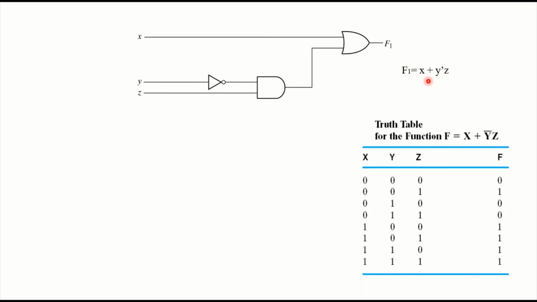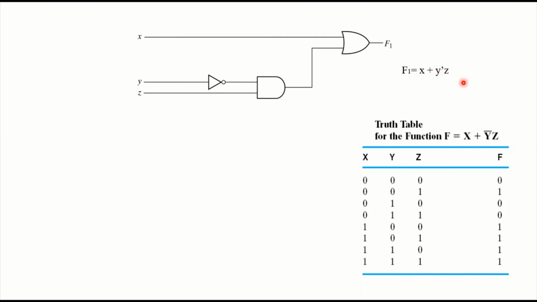So we can see from this function we are having a plus sign over here. Plus sign means OR operator. It means we are having an OR gate over here. Here we are having y bar z. Y bar z means y dot z, or y and z. It means we are having an AND operator, so an AND gate over here. So we can see from here we are having an OR gate, we are having an AND gate. And this y bar means we are also having a NOT gate.